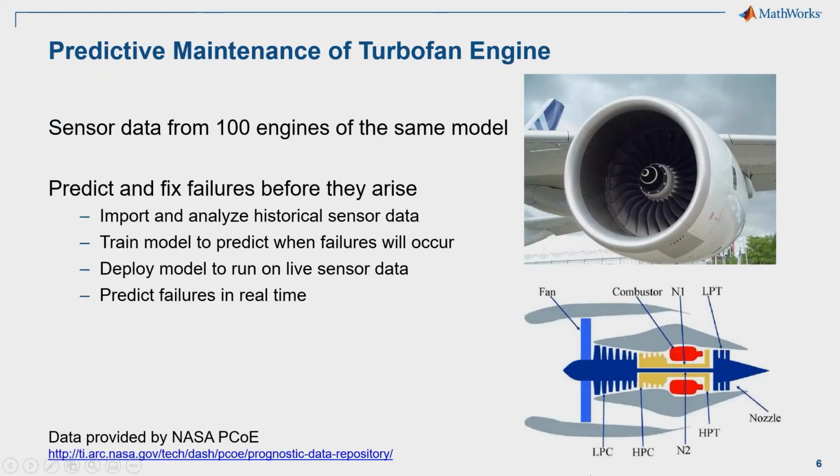But we're going to be solving a kind of similar problem, all right? So we're going to be starting with a pretty standard prognostics data set provided by NASA that is sensor data that's coming off of a bunch of engines of the same model. You can see this turbofan here. And we're going to use that sensor data to answer those two questions, right? What's the current condition of my machine? How long do I have until failure occurs, right?